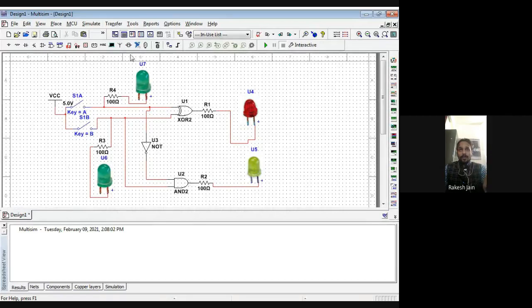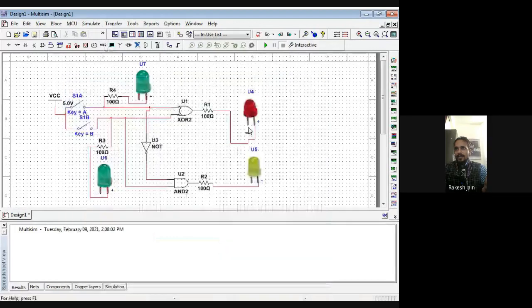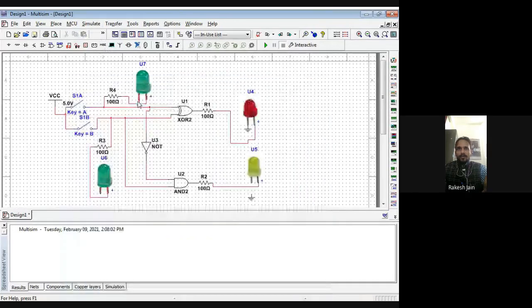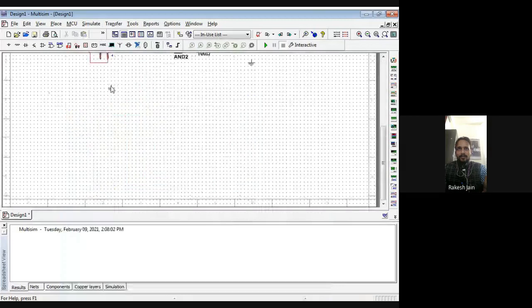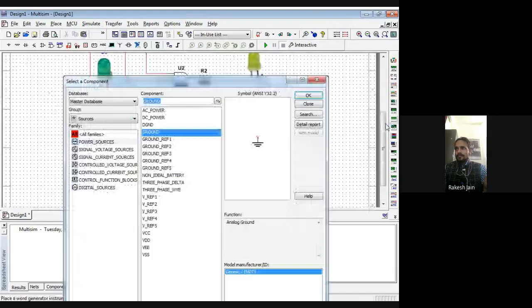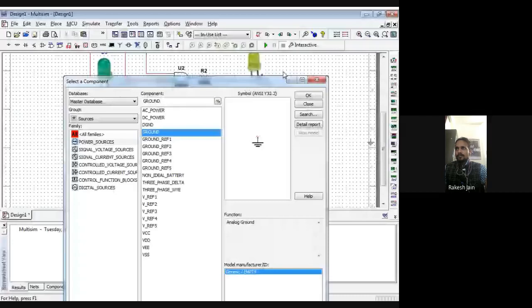Similarly here, this 100 ohm resistance is connected with the positive supply of this LED, and this other part is connected with the input side. Now for the ground, we again go to Sources, then Power Sources, and then Ground. This ground is connected with the first red LED, yellow LED you can say, with this green LED, with this second green LED.